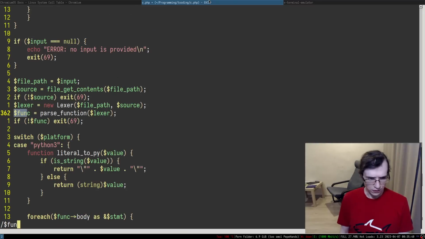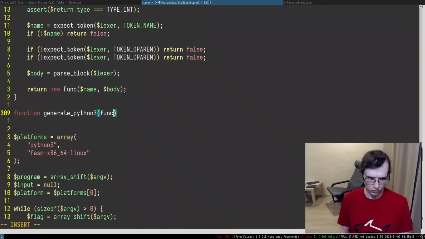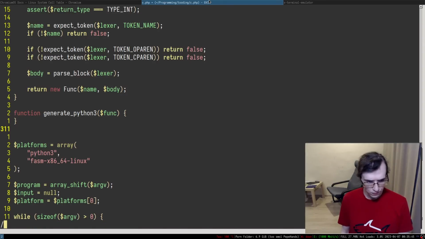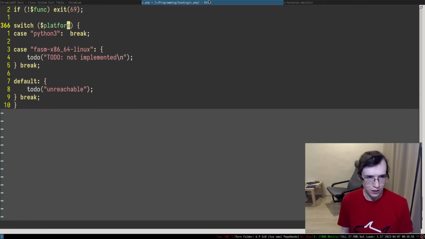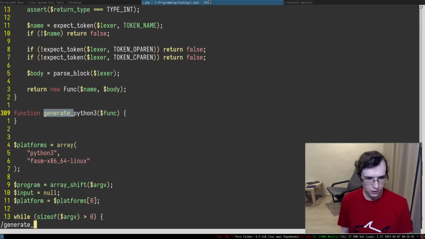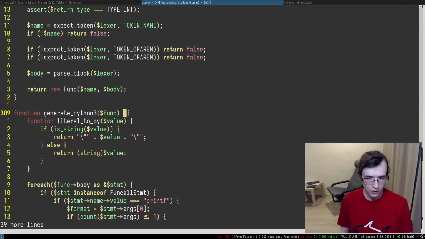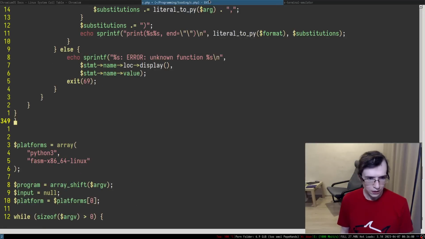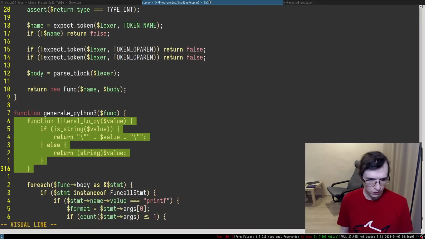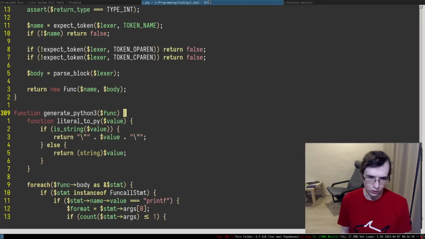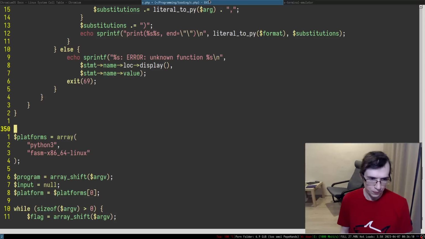So how do we call that thing? We just call it func. Okay, so that means we have to put it like this. So this is func. So Python 3. I'm gonna take this entire stuff, generate Python 3, and we're gonna put this stuff in here. So there's that and there's that. I'm not sure if this is going to work, but we can actually easily find out. We can literally just run this entire stuff.